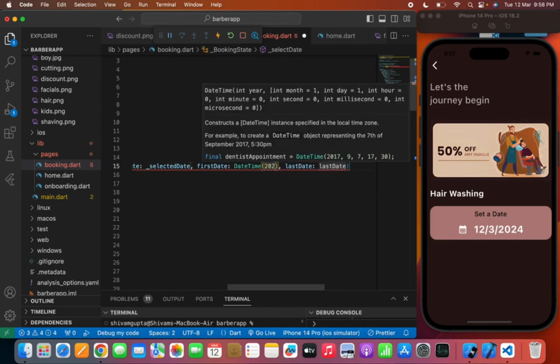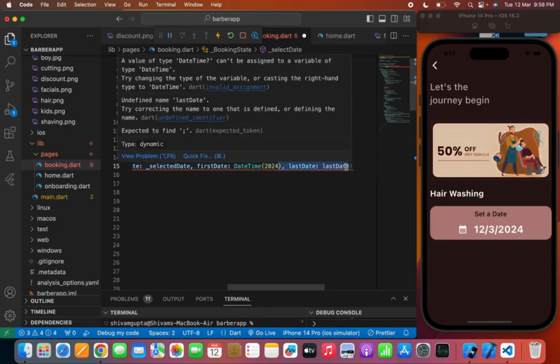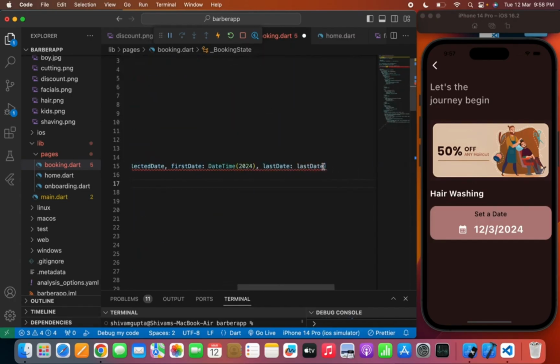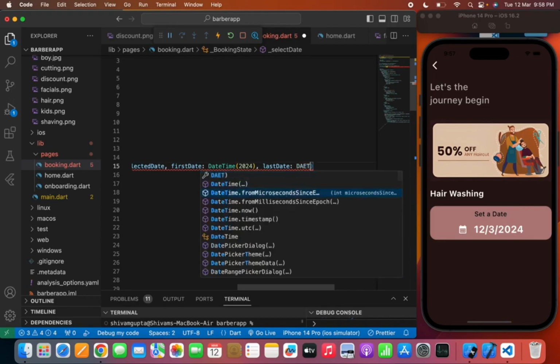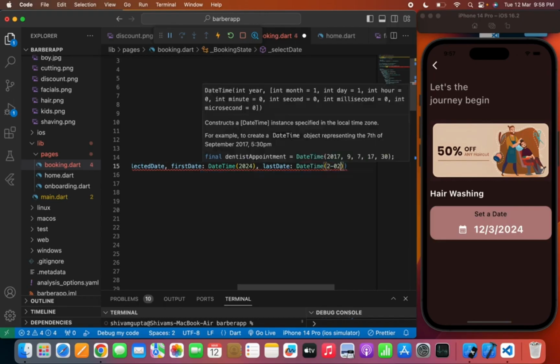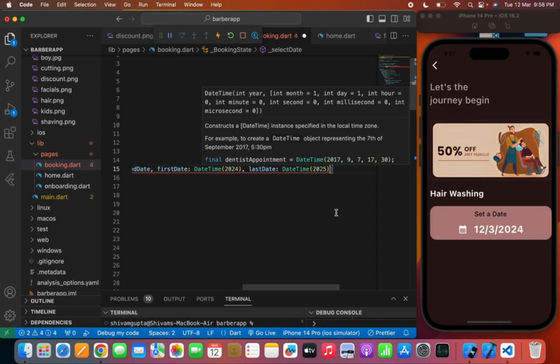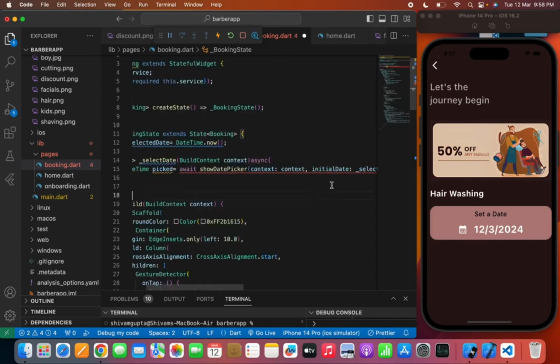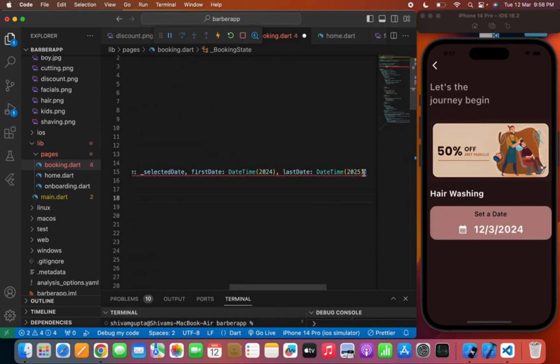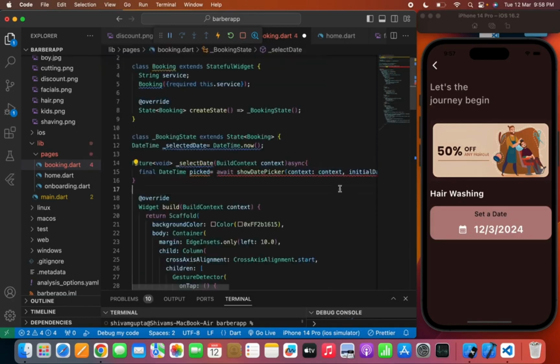So it is 2024, so I'm passing 2024, and the last date keep like maybe 2025, because it is a booking app, so we can't book the service for like after 1 or 2 years. So that's why, though it is 2025,